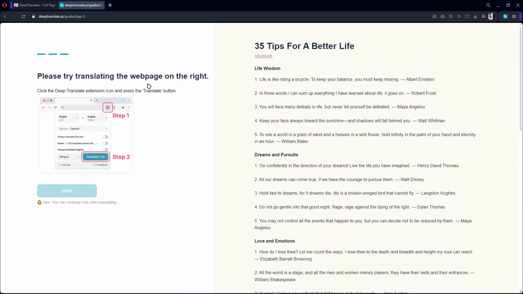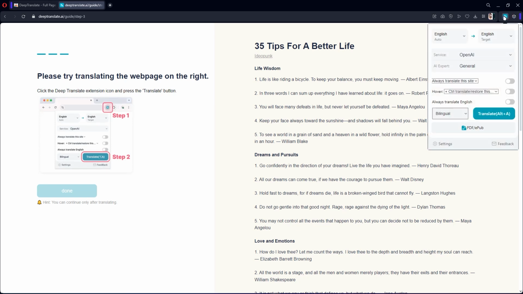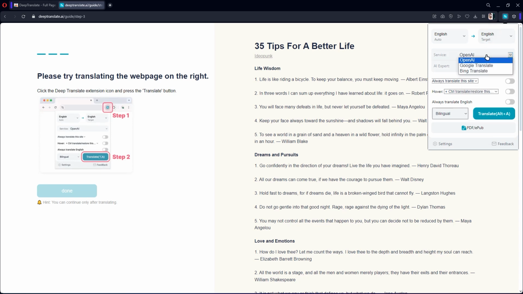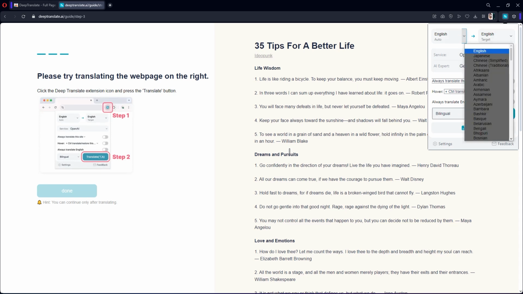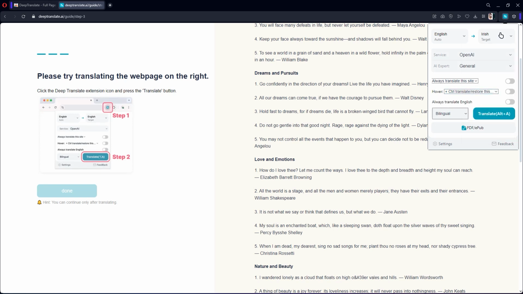And please try translating the page on the right. So we have to try to translate the page. As you can see here, just click this icon, and this is English. We can also choose if we go to OpenAI, Google Translate, or Bing Translate. It depends on you. It has many options right here, and it depends on you. What would you choose? So for me, this is English, right? So I have to change it to Irish, or let's say